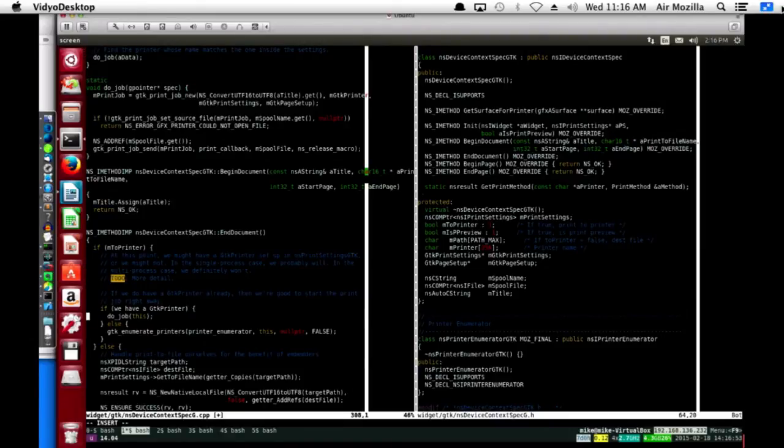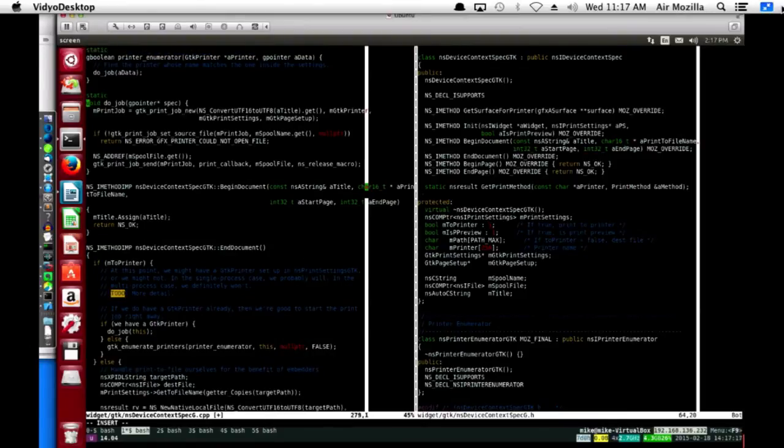So this structure is, I think, how it's going to work out. There are clearly some things in here that are missing. We have to determine whether or not we have the printer. And then we might have to do some casting to G pointers. But I think the structure is sort of sound.